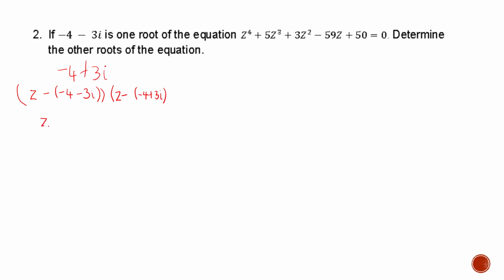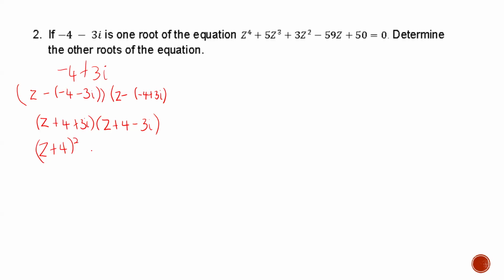Then we'll have Z plus 4 plus 3i and Z plus 4 minus 3i, right? So we're going to calculate, since we already see the difference in squares, right? Z plus 4 plus 3i, then Z plus 4 minus 3i. We're going to get the difference in squares, which will give us Z plus 4